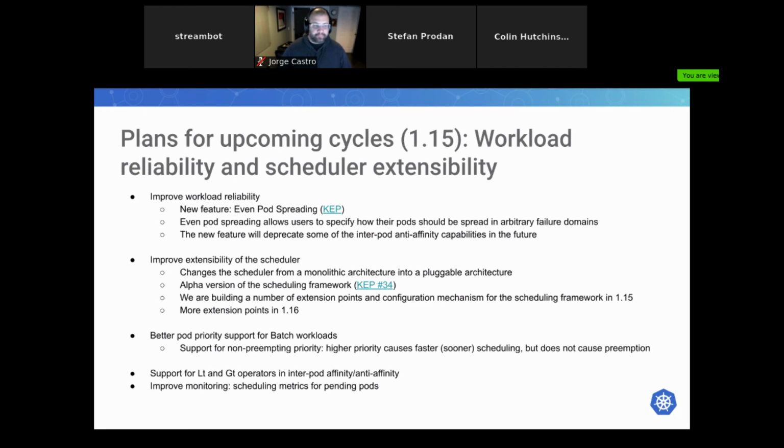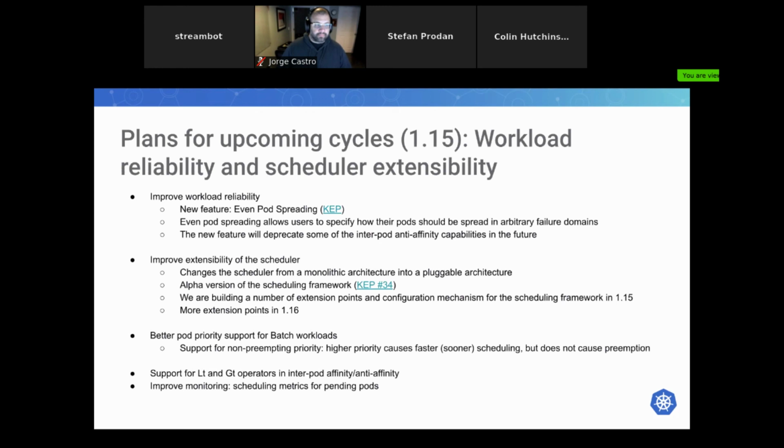What is different between even pod spreading and the anti-affinity that existed before is that anti-affinity, or more accurately, hard anti-affinity, allows you to put only one pod in a particular failure domain. For example, if you specify that your web servers have anti-affinity to one another on the same node, then no more than one web server could run on the same node.